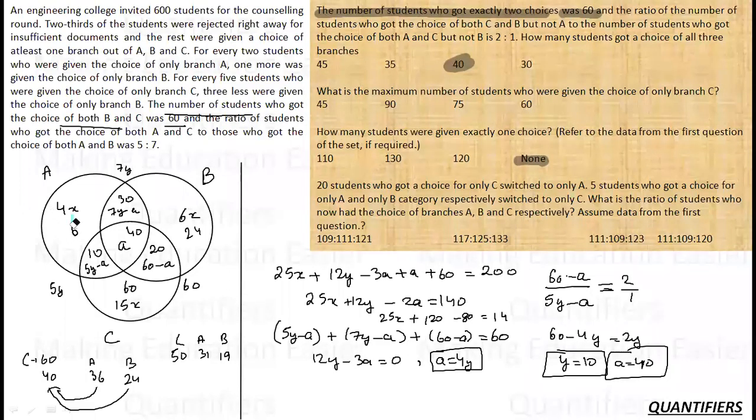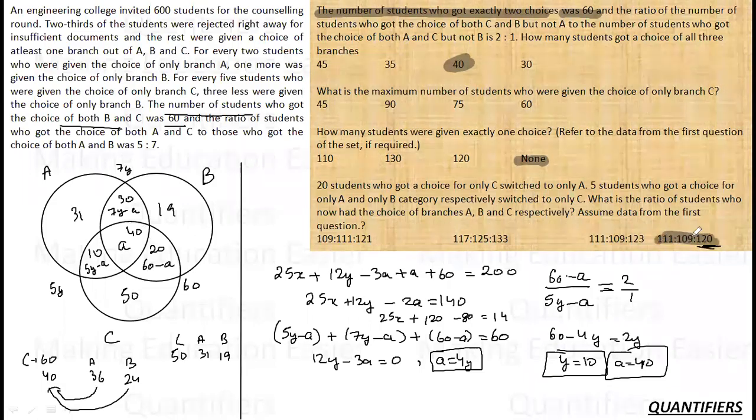Okay, now what is the ratio of students who got the choice of A, B and C respectively? So A, the new A is how much? New A is 31, new B is 19, new C is 50. Let me just calculate the ratio now. 50 and 10, 60, 40, 100, 20, 120. If I talk about, okay, C is 120. So C 120 is only this choice.